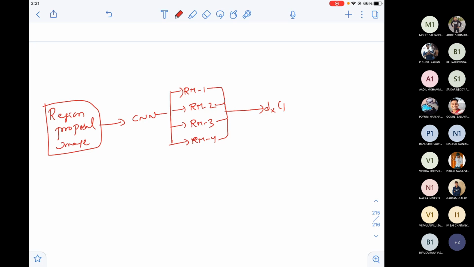Let me call that dx of p, sorry, dy of p. So these are just notations, and it can be anything. dw of p, dh of p. So these are the x, y, w, and h coordinates of the bounding box, the predicted coordinates from each of the models that we have here. Now this will be a little confusing, guys. Please listen very carefully. Slowly you'll get clarity.